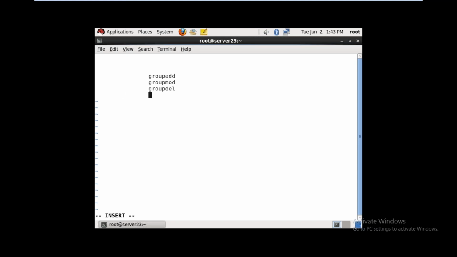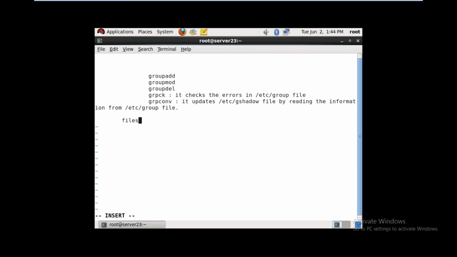So groupadd, we saw, groupmod is modifying the group accounts, groupdel is deleting the group. grpck, I am writing here, you can check, it checks the errors in the /etc/group file. grpconv updates the /etc/gshadow file by reading the information from the /etc/group file.